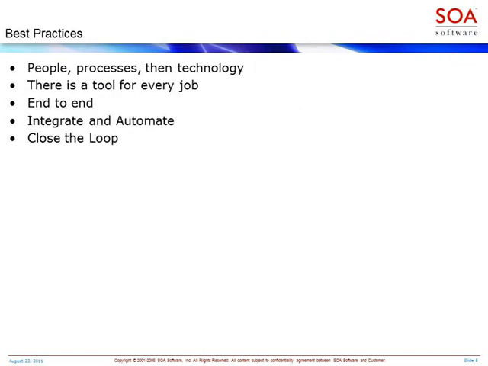So let's look at the common best practices that I'm seeing. And I'm going to talk anecdotally about these best practices and try and put them in the context of real-world scenarios or customer case studies. The first best practice, as you might have gathered, is people, process, then technology. I'm going to talk about how to take care of the people and processes within your organization and then ultimately start looking at technology.